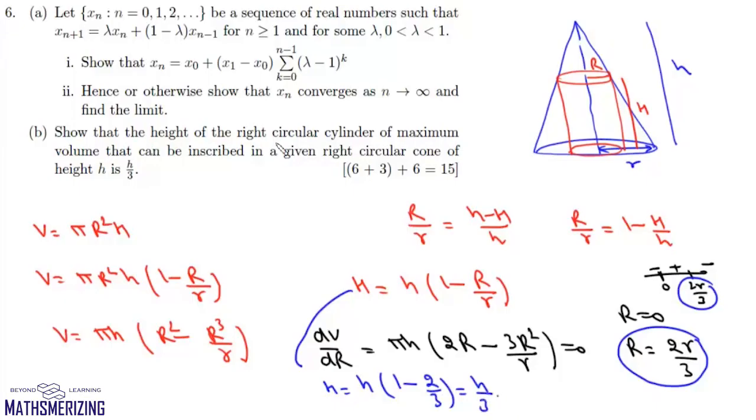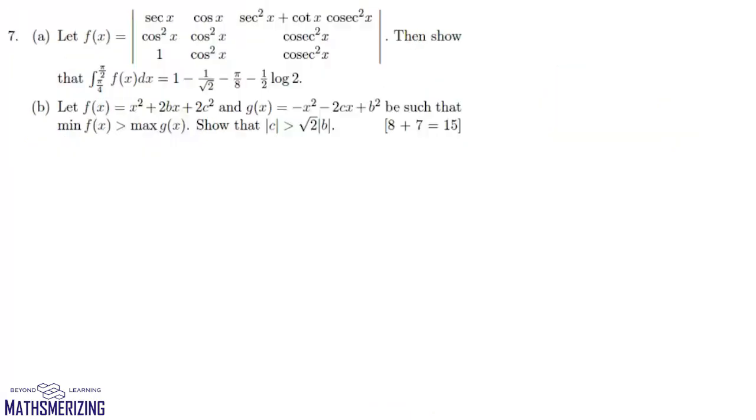So the area of this right circular cylinder will be maximum when its height is H by 3. Now the 7th is, we are given this determinant and we need to show that this integral from pi by 4 to pi by 2 of f(x) dx is 1 minus 1 by root 2 minus pi by 8 minus 1 by 2 log 2. Now for this integral, what we'll do is,